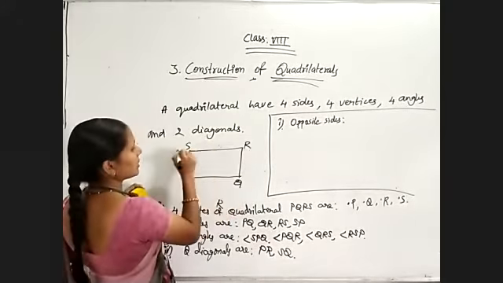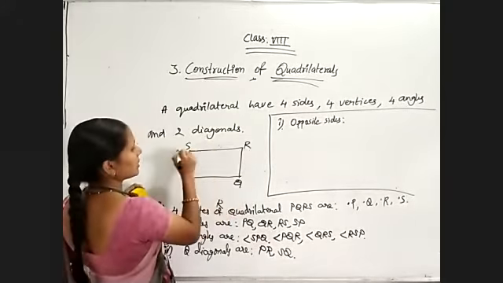Now coming to adjacent sides. Adjacent in the sense that we need to see which sides are beside. For one side we will take PQ. What is the adjacent side for PQ? Observe, I'm taking PQ. For opposite sides you will not get a common letter, a common vertex. But coming to adjacent, PQ and QR: Q is the common letter for PQ and QR. So my first pair of adjacent sides is PQ and QR. Q is the common vertex. So these two are adjacent sides.